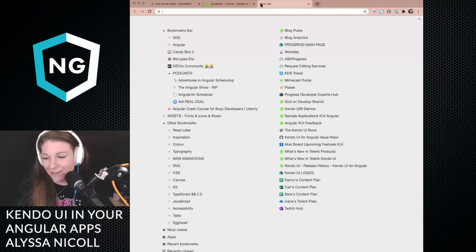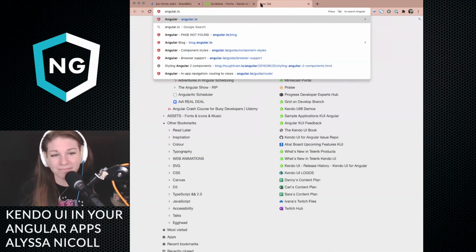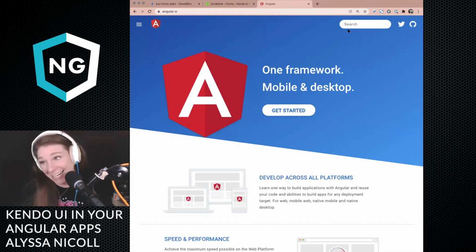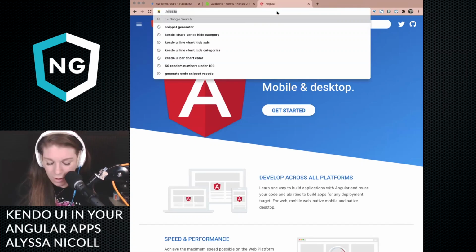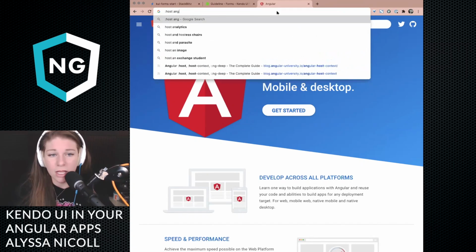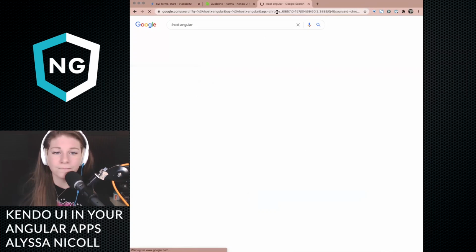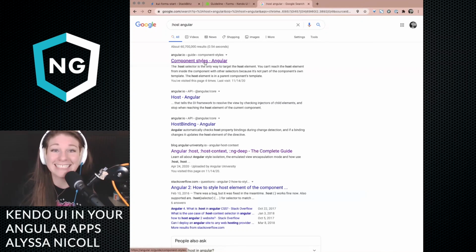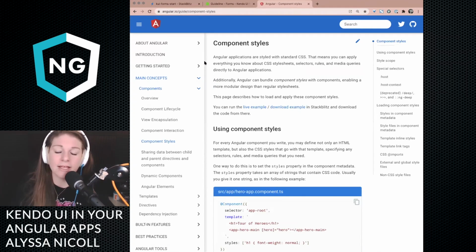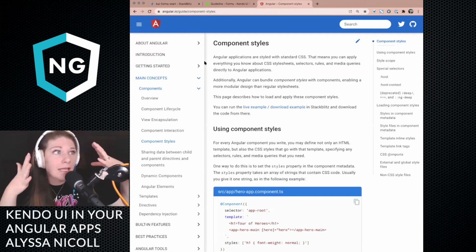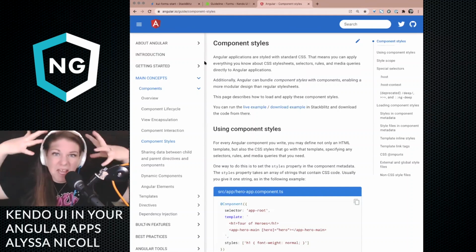I'm going to go ahead and go to angular.io, where you can find the docs. No, I'm not. I don't know if our search has improved. So I'm just going to search this Angular, and then I'm going to go into our docs. Don't judge me. Technically, Google and Angular are the same family company.